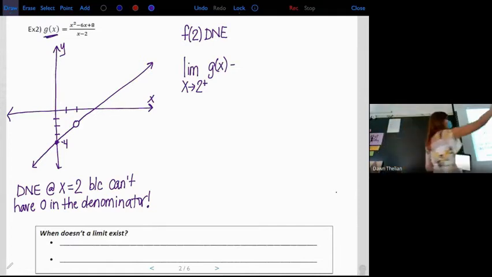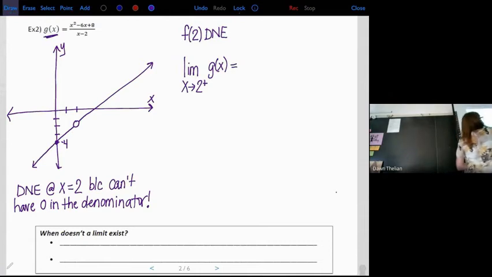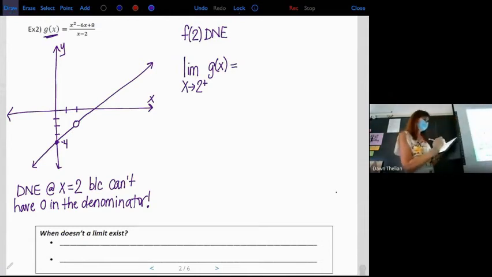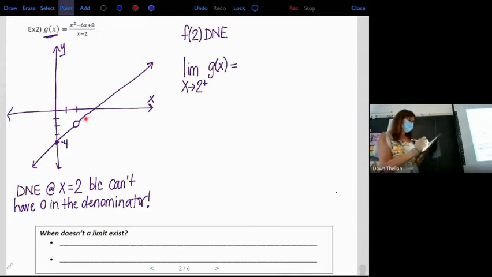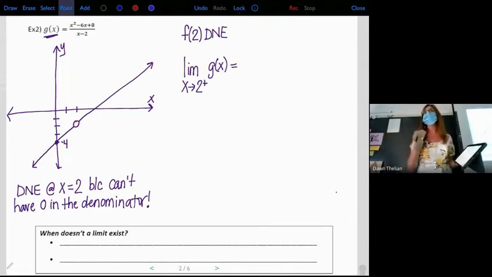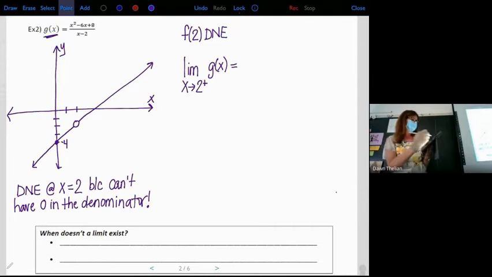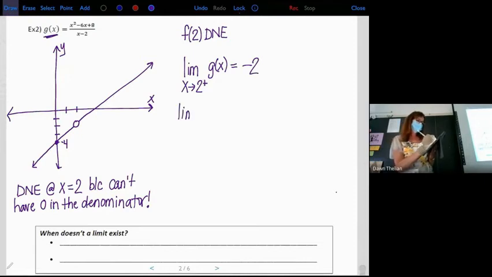So from the right, I'm going to jump on the road from the right side. And as I'm approaching 2 from the right, I actually have an intended height of -2. That's where I'm trying to go. It really doesn't matter that it's an open dot. I'm intending to reach -2. That's my limit. And you know what? Same thing from the left. The limit as x approaches 2 from the left of g of x